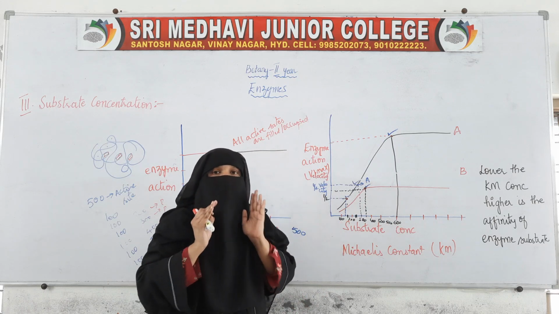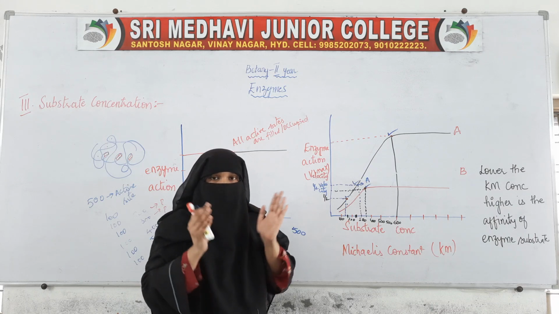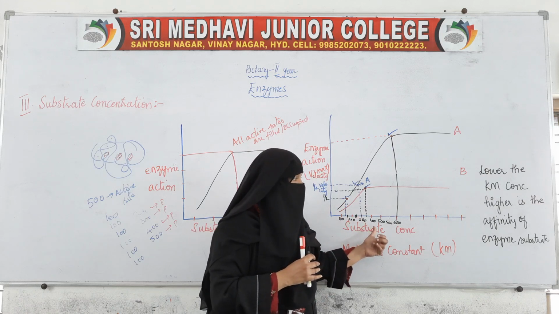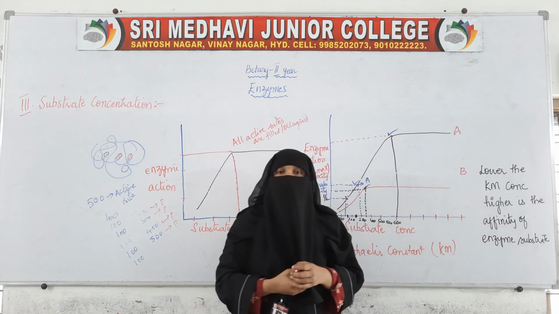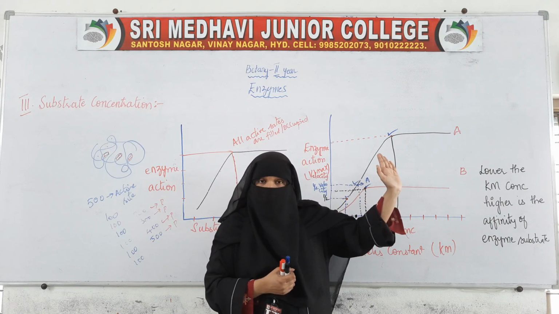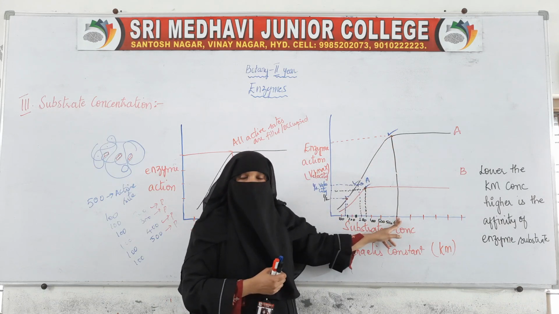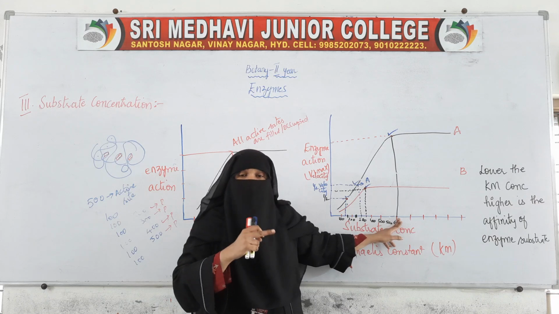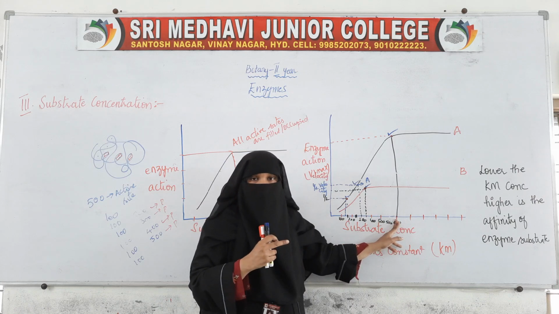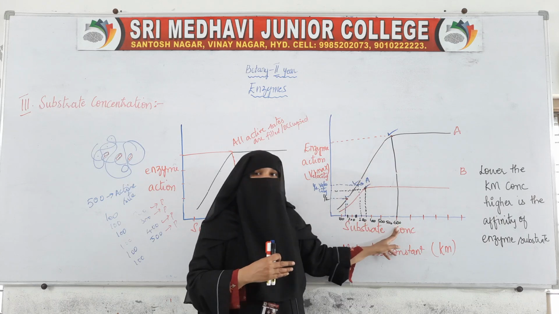So now who fills the enzyme? That is, where the enzyme and substrate fix earlier, that shows that the enzyme has higher affinity towards the substrate. The higher the Michaelis constant, the enzyme substrate affinity is less. Why? Because it is taking more time and it is taking more substrate to fill these active sites.